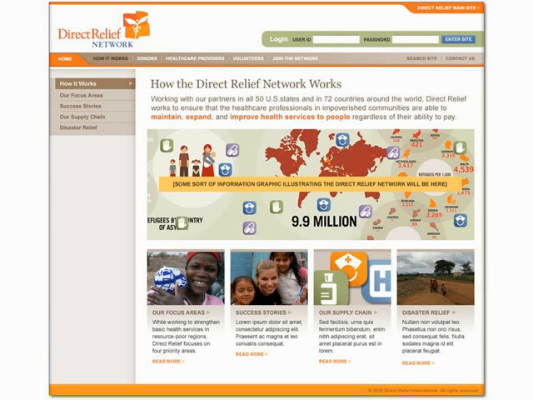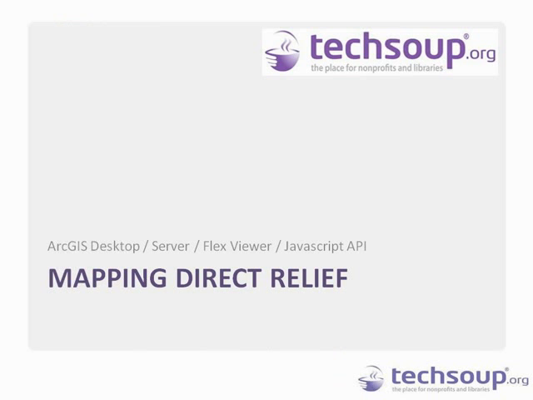So, to give you a little bit of context for what you're going to see on the technology side, I'm going to look at a couple of different web maps. We use ArcGIS Desktop to build the base maps, and ArcGIS Server to serve out web services that feed our online maps.